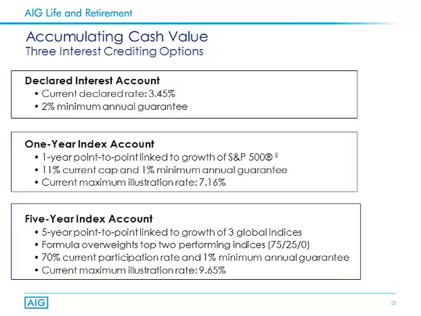It's a crediting strategy that credits the policy based on a very unique calculation, and the calculation is based on a 3 global index strategy. So we have the S&P 500 here in the U.S., we have the Eurostoxx 50 in the Eurozone, and we have the Hang Seng, which is over in Hong Kong. So we've got these 3 global indices, and what we do is we wait 5 years, which is why it's a 5-year point-to-point. Wait 5 years and then see how the performance of those 3 indices was over that 5-year